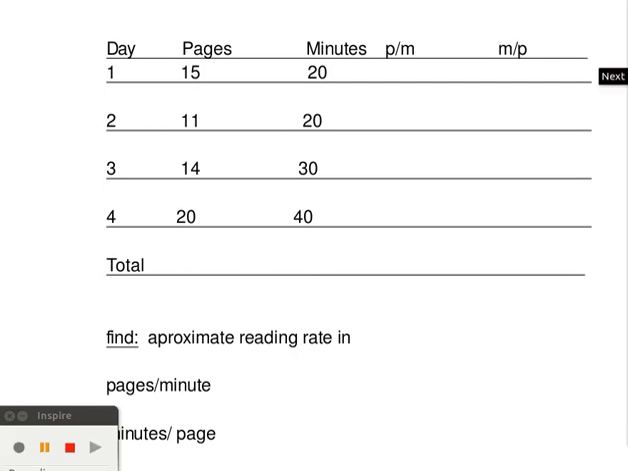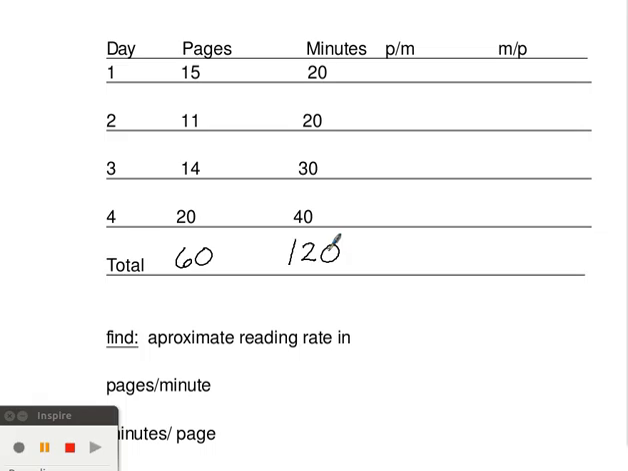So here's an example of when you might use rates. This gives the rate of how many pages a student reads and how many minutes a day they spend reading. So the first thing, whenever you have a chart like this, you should do is probably get a total of both the pages and the minutes in this case. And there are 60 pages total read and 120 minutes total read. So they might ask you to find the approximate reading rate. Well,